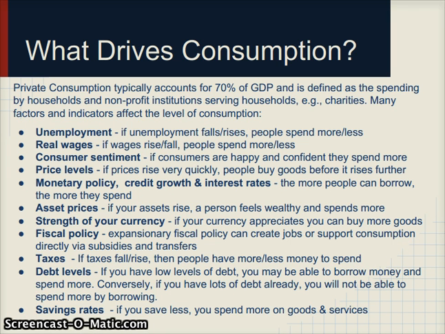So are people's wages actually increasing, and are they increasing in real terms, so accounting for inflation? If wages are not rising, then that's probably not a very good sign for future consumption. And that's largely because as the economy is growing, your share of the economy is not growing, so you can't really spend more. However, if people's wages are rising by 10–15% a year, then you could expect private consumption to rise as well.